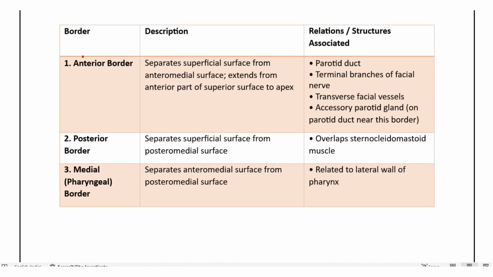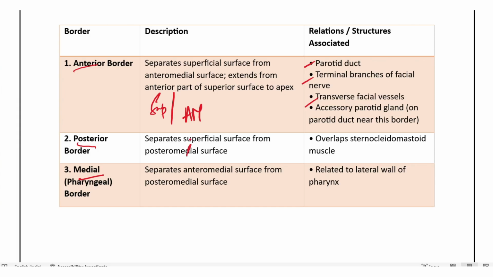Now coming to the borders, we have 3. We have anterior, posterior and medial border. Now the anterior border will separate the superficial surface from the anteromedial surface. Okay, it's related to the parotid duct, the terminal branches of the facial nerve and the transverse facial vessels, accessory